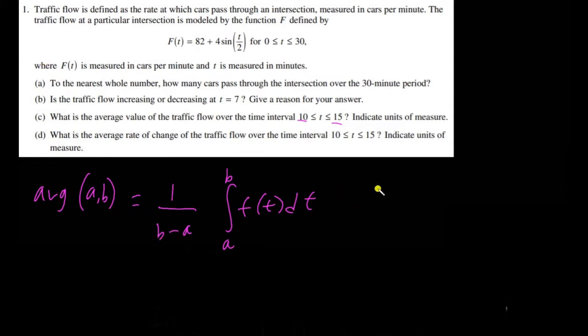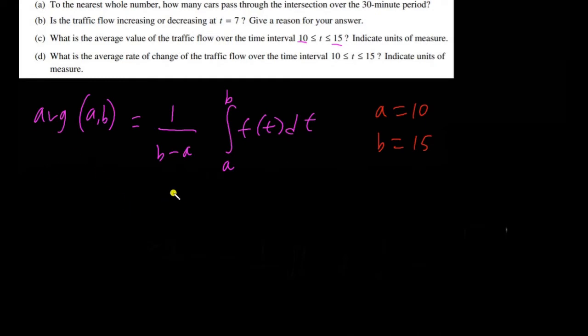We'll replace a with 10, and we'll replace b with 15, since we're starting at time t equals 10 and going until time t equals 15. The formula then becomes 1 over 15 minus 10, which is 5, times the integral from 10 to 15 of f of t dt, and then you put that in your calculator, and we're going to get